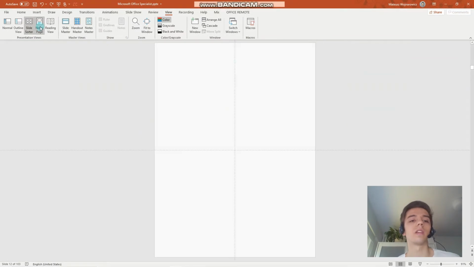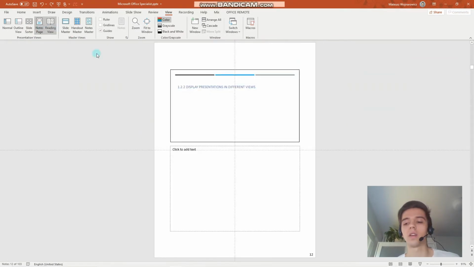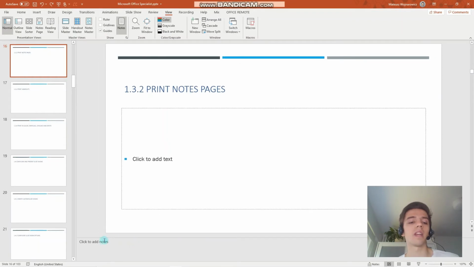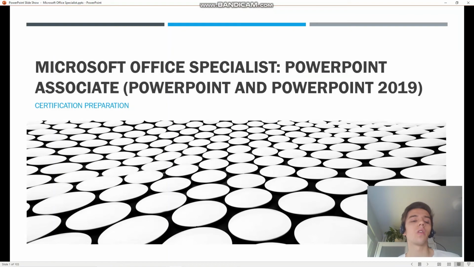Then you have the notes page. So again, you can edit specific notes for each slide in a more complicated manner than you would do in this notes pane down below. And you have the reading view, which maximizes the viewing experience to the entire window. Okay,